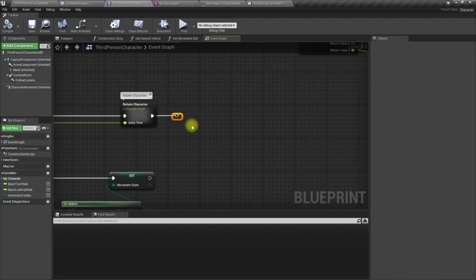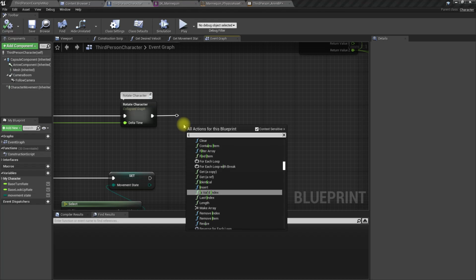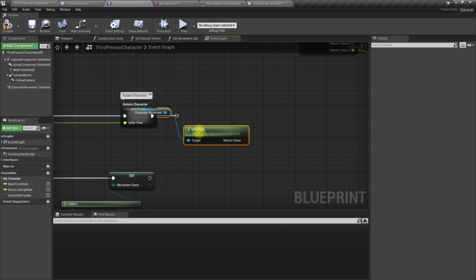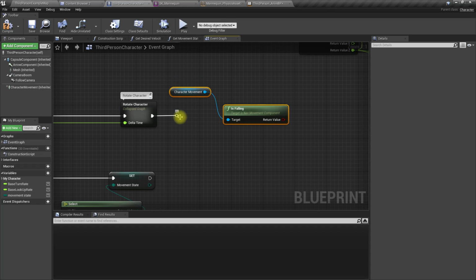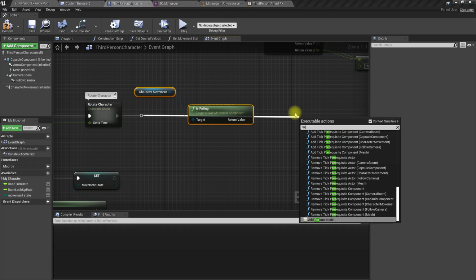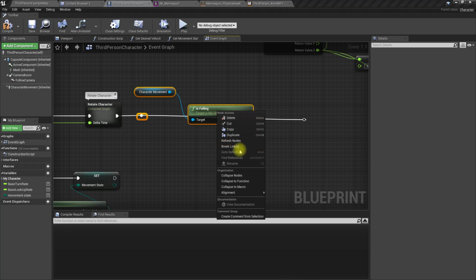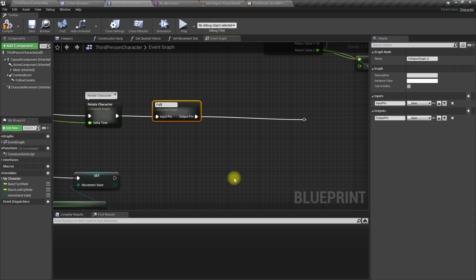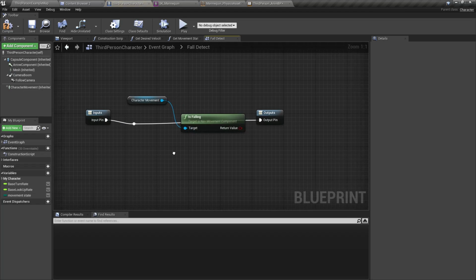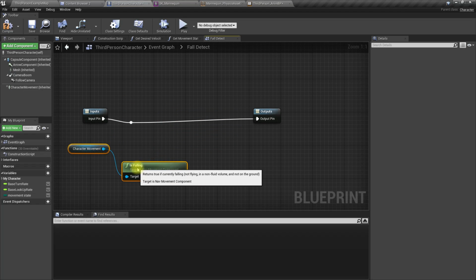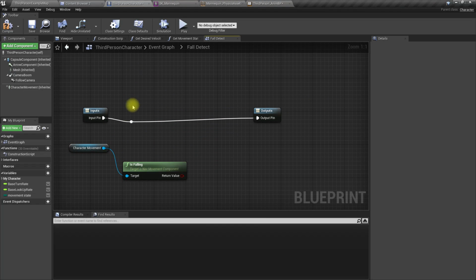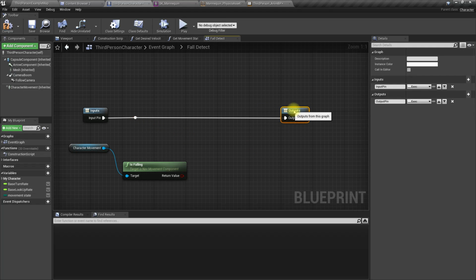So here is falling, let's collapse this for detect. Right, so in order to activate the ragdoll, we should at least fall longer than 1 second.